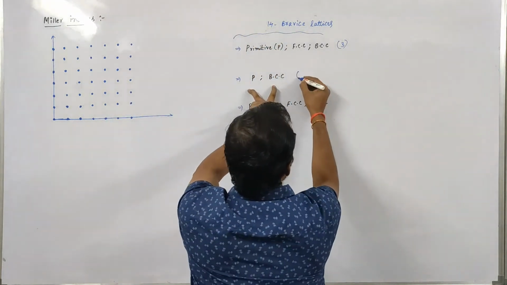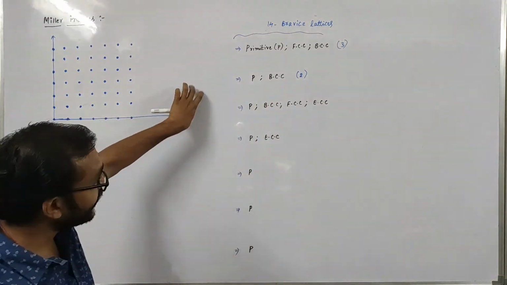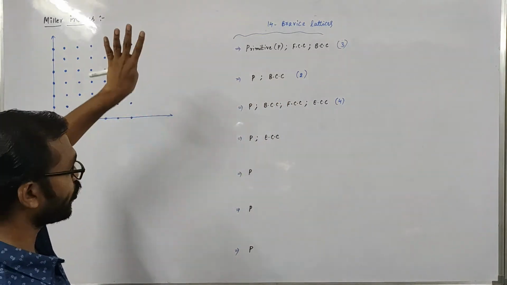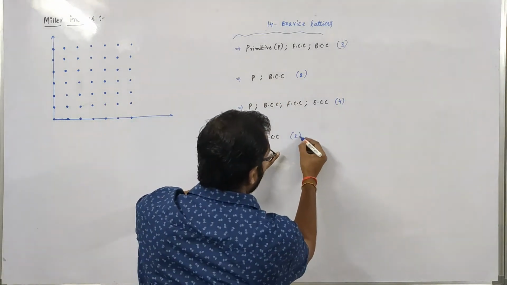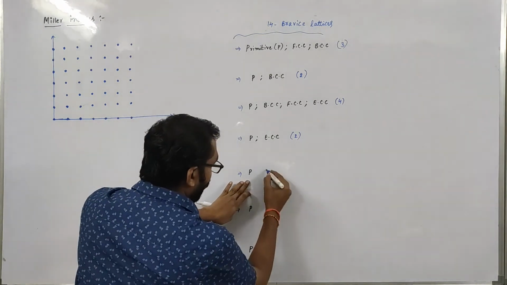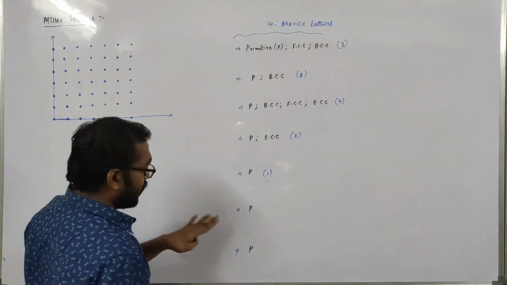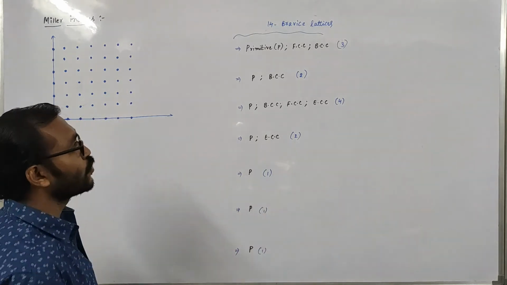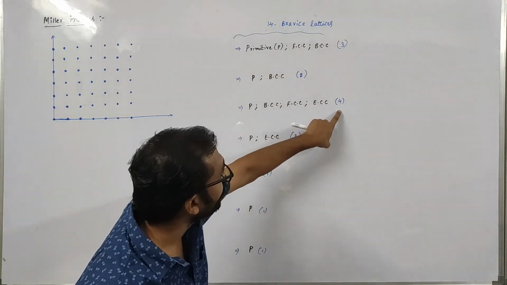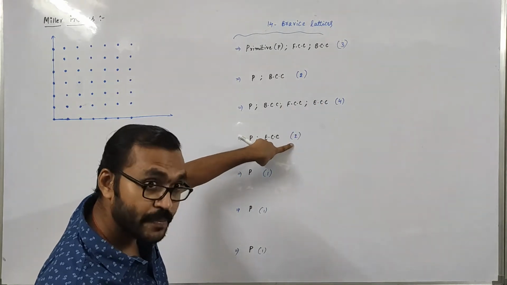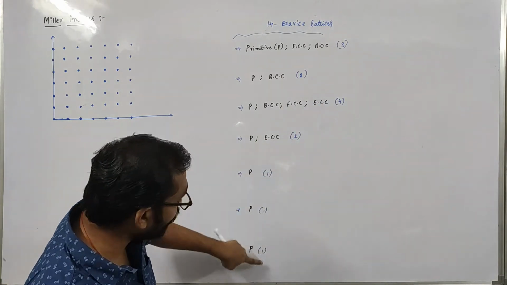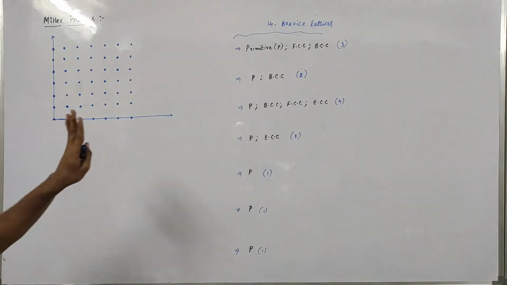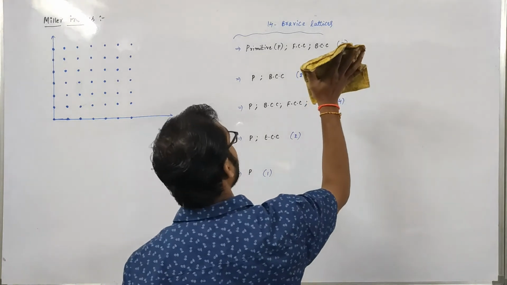These are the 2 unit cells possible to construct tetragonal. These are the 4 unit cells possible to construct orthorhombic. These are the 2 unit cells possible to construct monoclinic. 1 unit cell possible to construct trigonal, 1 hexagonal, 1 triclinic. Totally 3 plus 2 plus 4 is 9, 9 plus 2 is 11, 12, 13, 14. So we call this as 14 Bravais lattices. Right? So, shall I write this part now? Yes, sir.